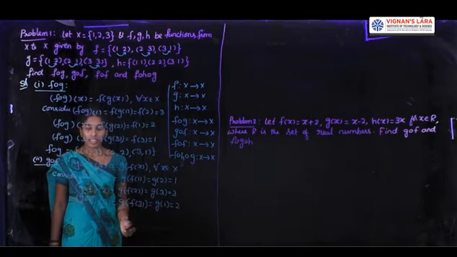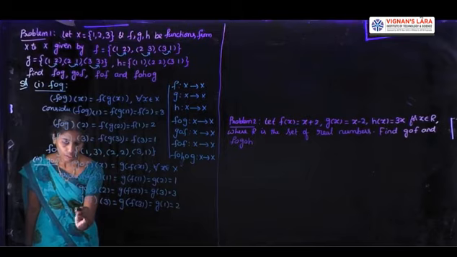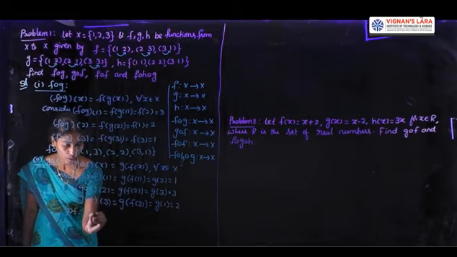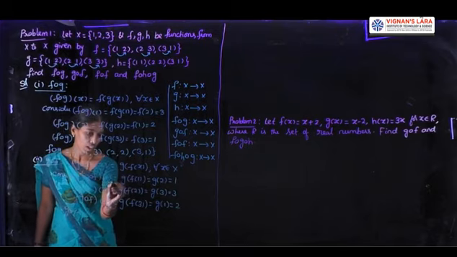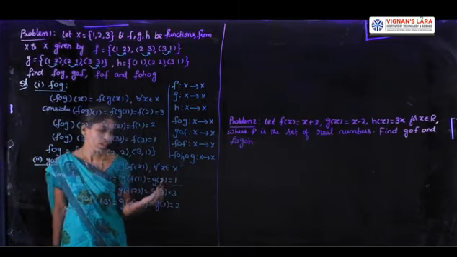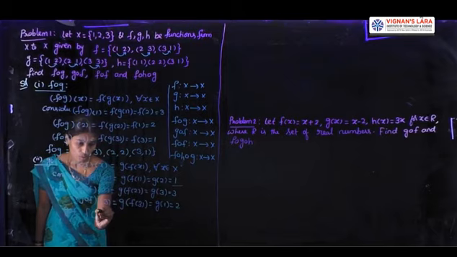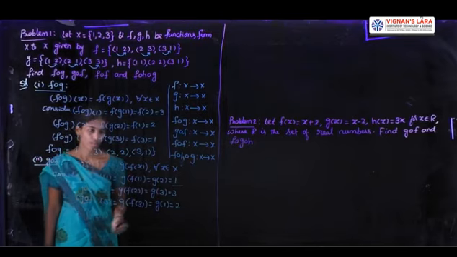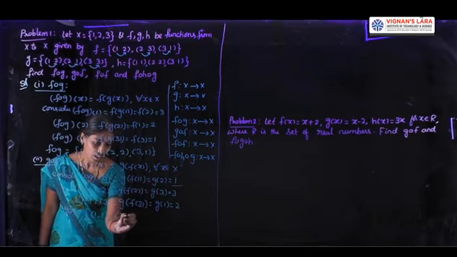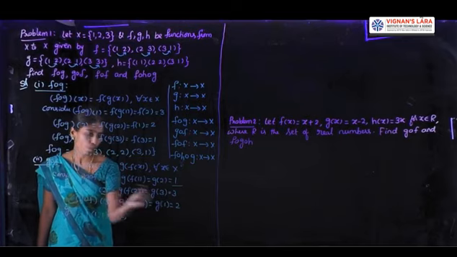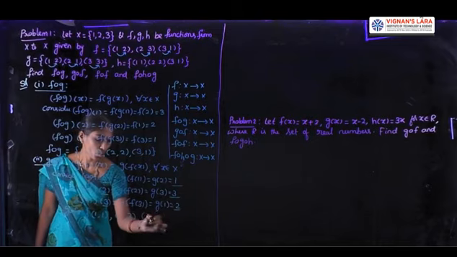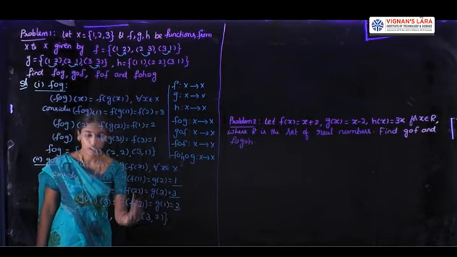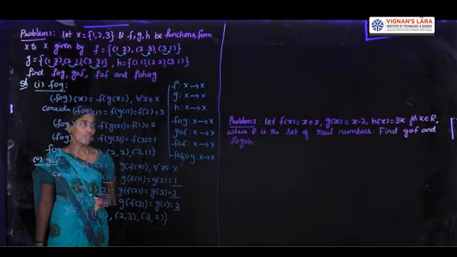So now we write G circle F as the set of all ordered pairs. First one, G circle F of 1 is equal to, how can we get the value? 1. So 1 comma 1. Next, under the relation G circle F, 2 maps to the final value 3, then 3 maps to 2. Right, this is the way to calculate G circle F.